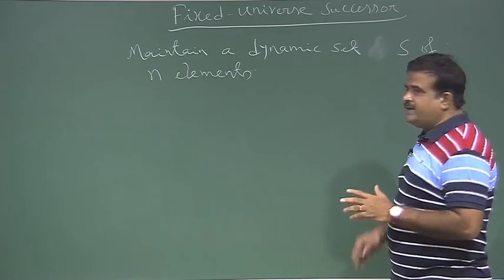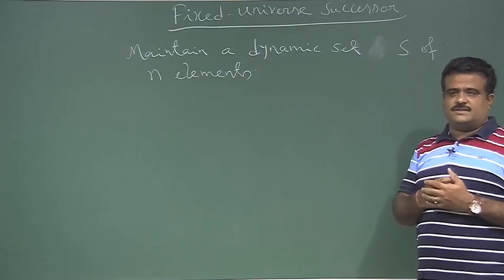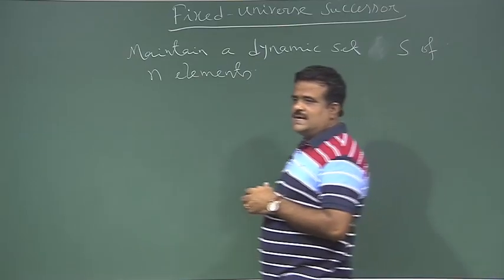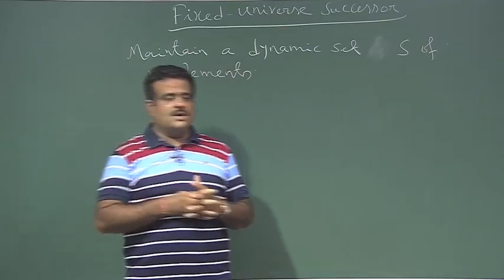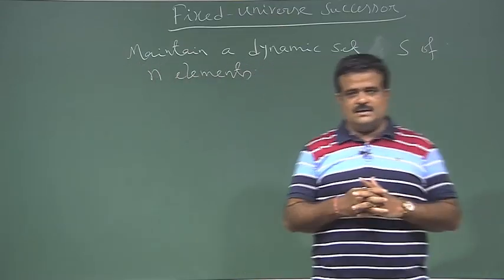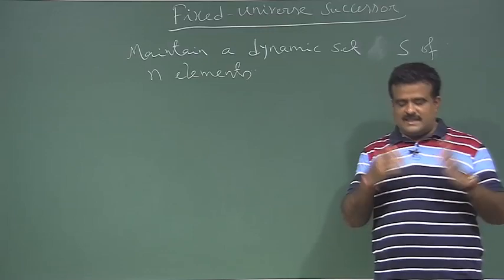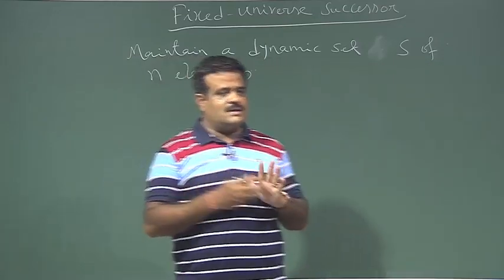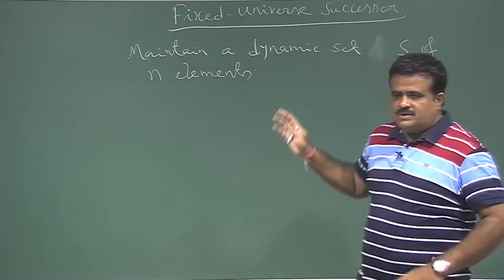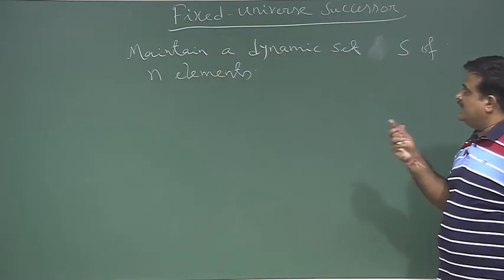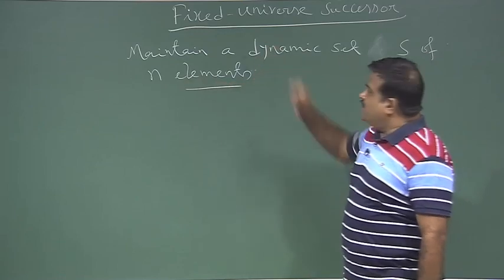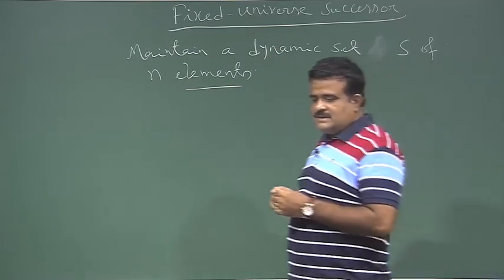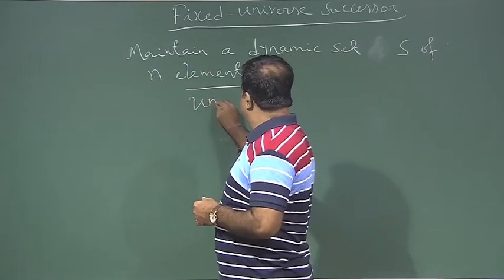fixed universe. So the universe is fixed, we know who the elements are. We have seen many dynamic set problems, like the heap, the balanced binary search tree, the balanced BST. But here the problem has a criterion that the elements are coming from the fixed universe. So we know where the elements are coming from, the universe